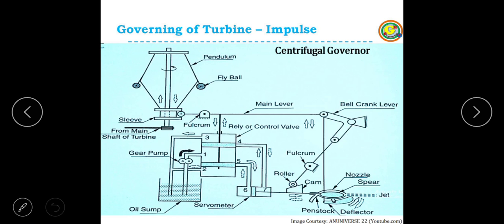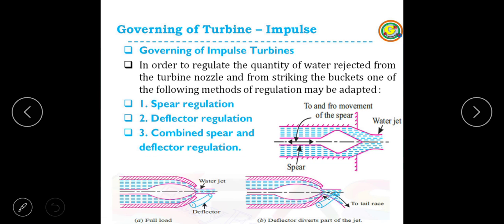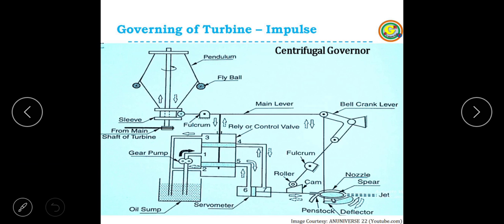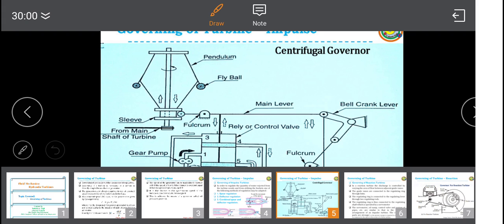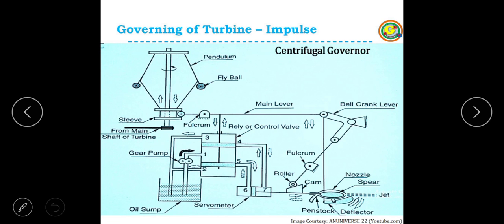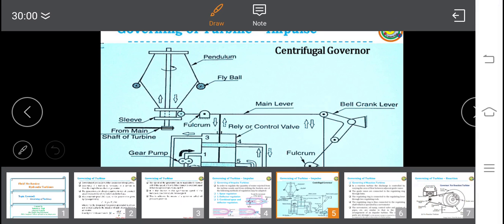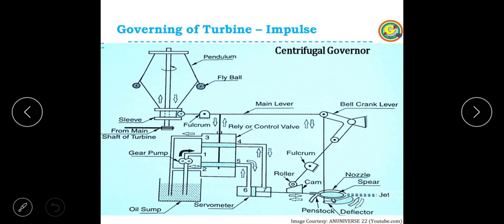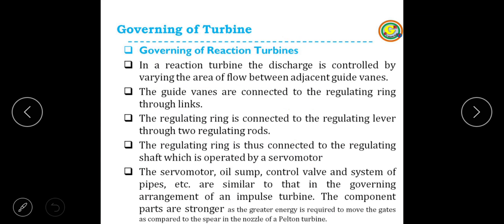Similarly, for an impulse turbine, a centrifugal governor can be used. This is totally the mechanical part. Each part has been neatly printed on this figure. Whenever you find free time, you can go through it yourself. It is self-understanding for you. I need not explain these things because they are the concern of the mechanical engineer in charge when the work is carried out by that turbine, to see how it is regulated.